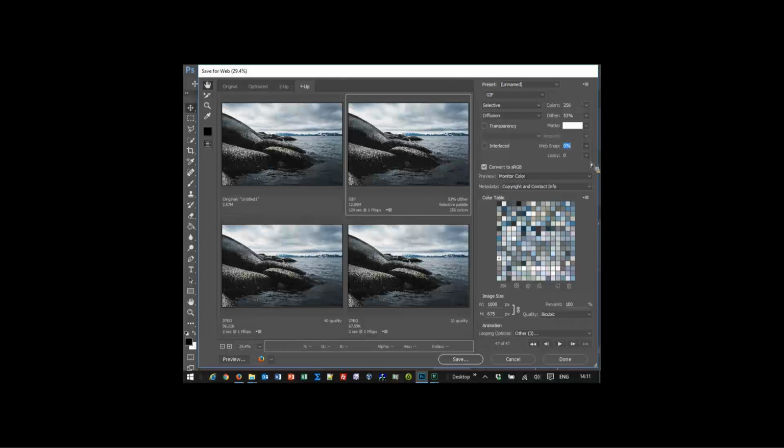Now, lossy, and this is something else that comes into play if you're showing a small image, like most of the time we will be. You can afford a little bit of lossy, like if you're saving a JPEG. Do you want to save a JPEG at 95% quality, or is it okay to go down to 60%? Well, if your image is only 300 square, 60% is probably okay. So for this one, I'm going to try 25% lossy, and